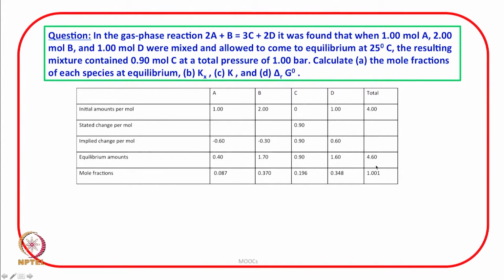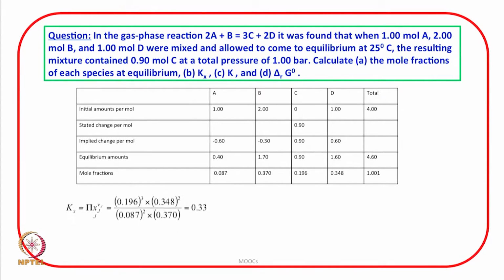That is 0.4 divided by 4.6 will come out to be 0.087 in this case. 1.7 divided by 4.6 will be 0.37 in this case. 0.9 divided by 4.6 is going to be 0.196, and 1.6 divided by 4.6 is going to be 0.348, and of course, when you add all the mole fractions, this has to come to 1. So, we have calculated the mole fractions at equilibrium,